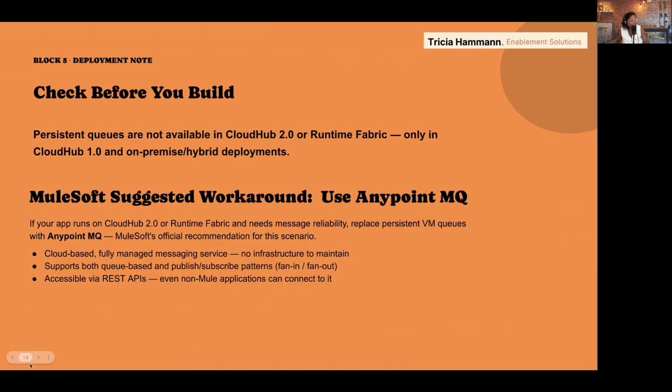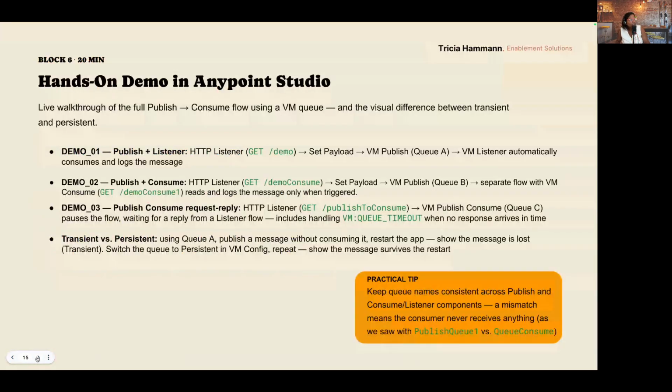Great. Yes. Thank you. Now, we have already reached our hands-on demo, and I wanted to let you know how I built up the flows. In demo 01, we have a publish operator working with a listener.